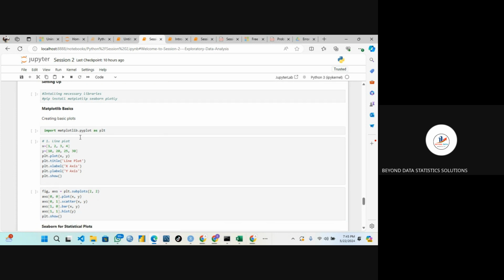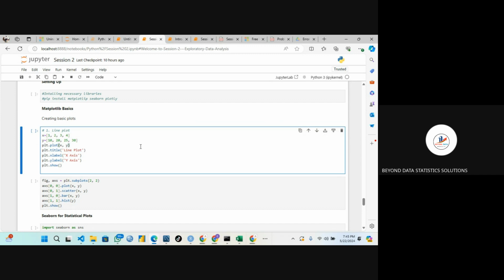Remember, we have been using matplotlib. So the basics of matplotlib, we start by importing it. We have already imported it, so you don't have to import it again. So we create simple X values and simple Y values, and then we plot a